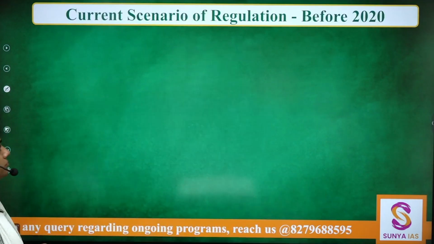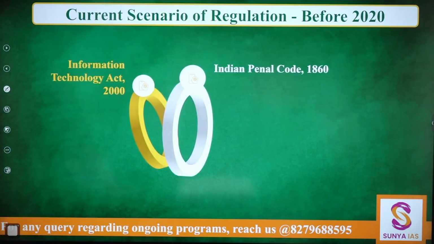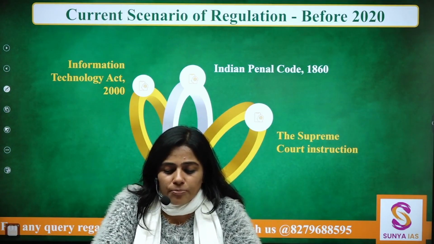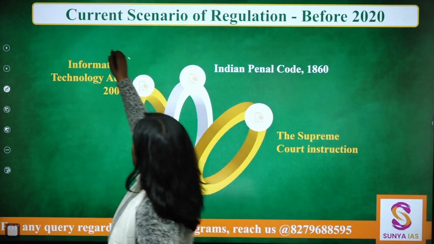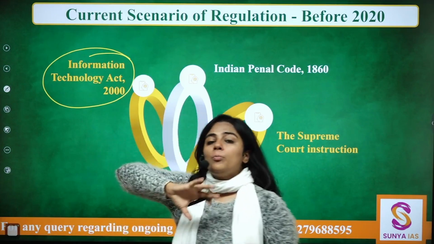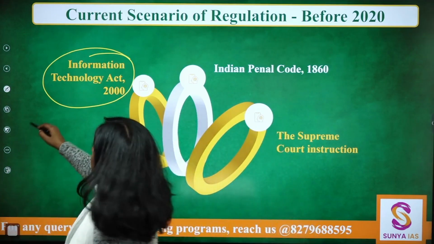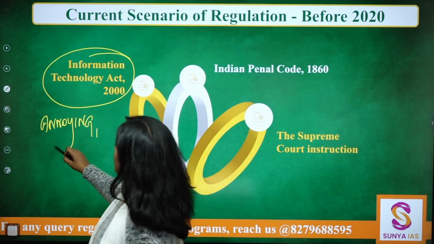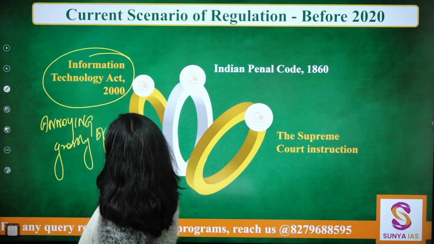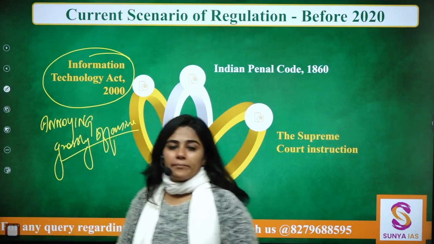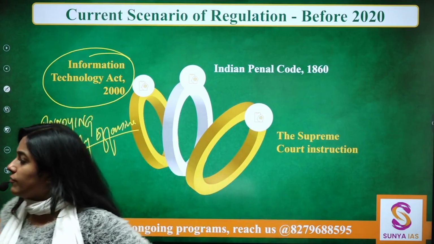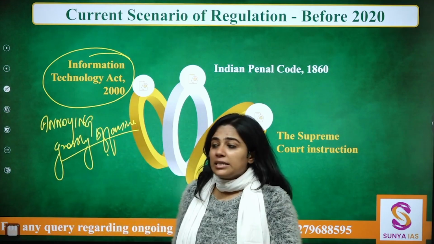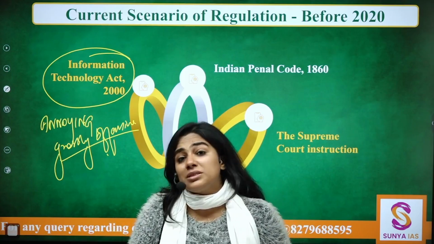So that is there. Now before 2020, you can see these three: two acts and one Supreme Court regulation. So the IT Act 2000 was there, which used to penalize people for annoying messages or grossly offensive messages that people send through digital medium, right? So if someone is using a digital medium to convey a message which someone finds annoying or grossly offensive, they can be jailed. In fact, this provision was so inappropriate and could be used in such a wide manner that